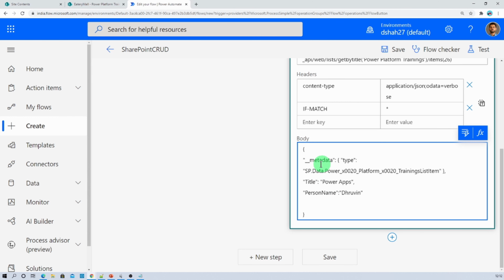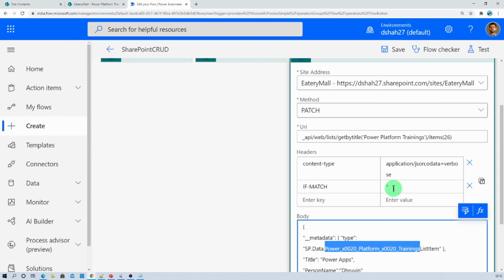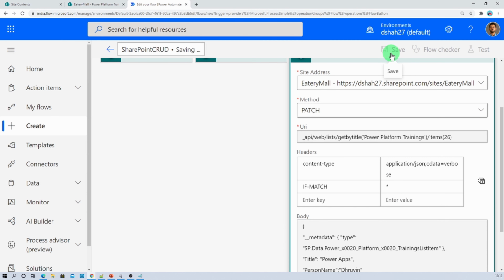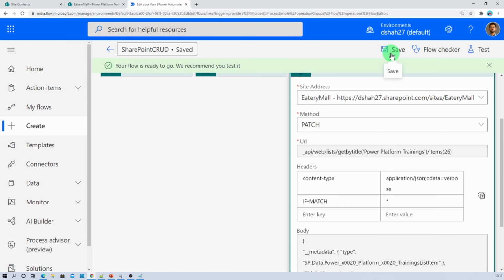And here the metadata type would be sp.data, then list name, and then at last append the list item, and the list name would be Power Platform Trainings, and if there is a space we just need to add underscore x0020 underscore.